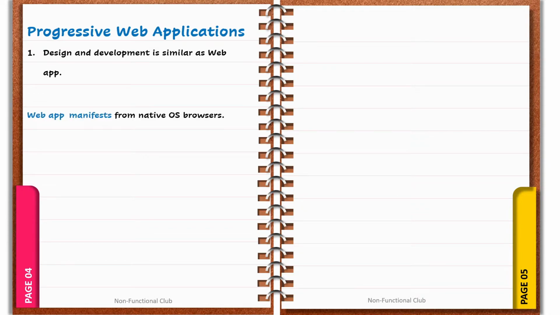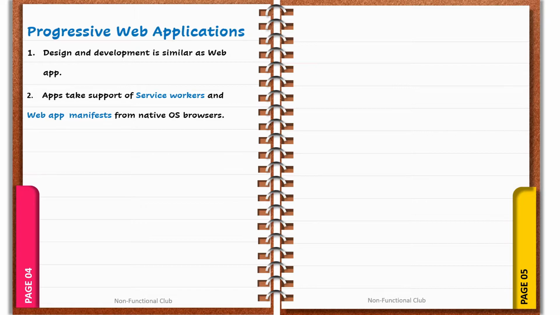Moving on to next, we have progressive web applications. So PWA are advanced version of web applications and it come into origin when few web applications were giving slow responses and even user experience were affected. So PWA as a concept was introduced. Now this concept was introduced by Google and later on adopted by different OS systems.